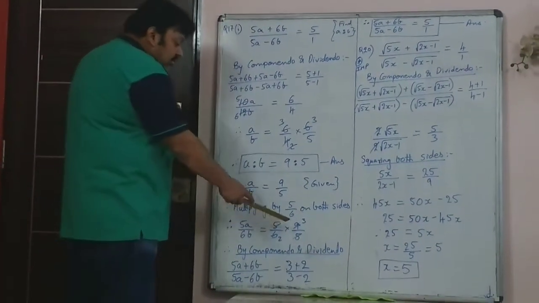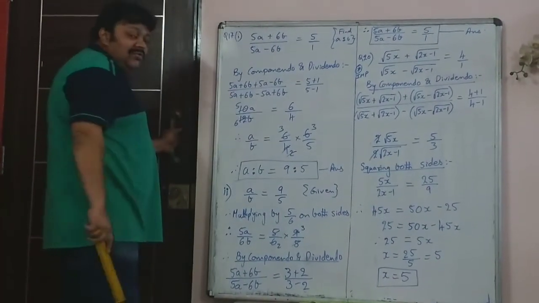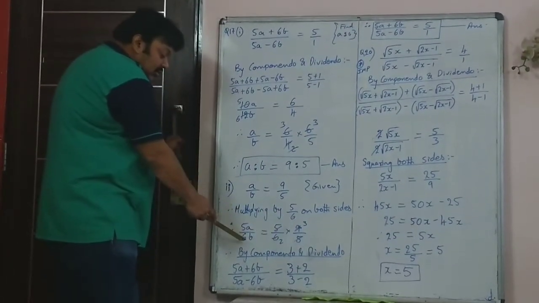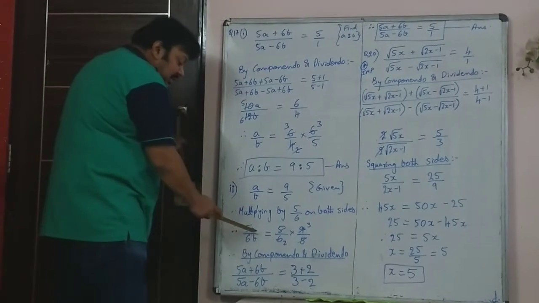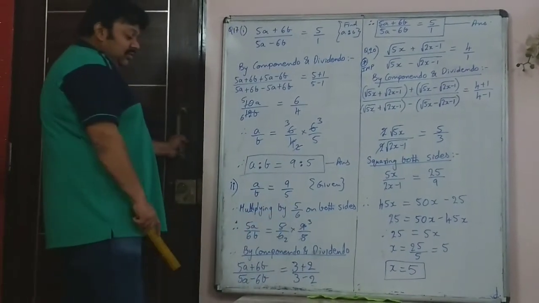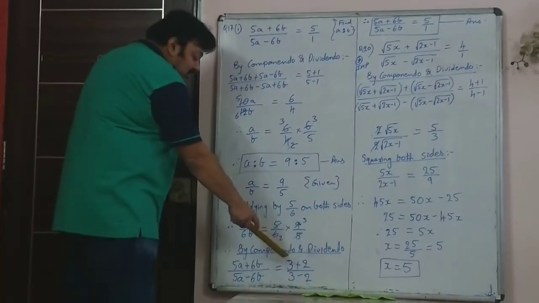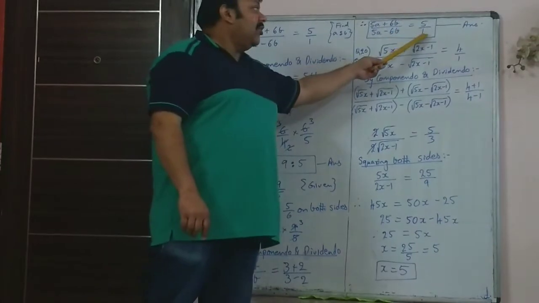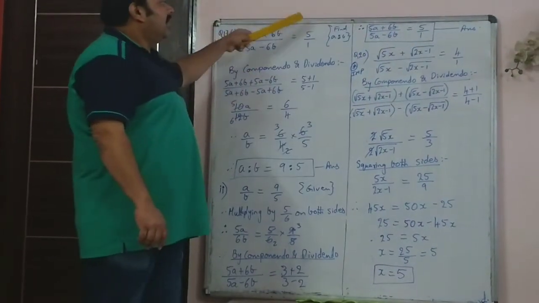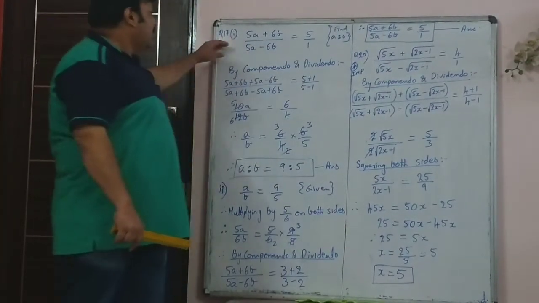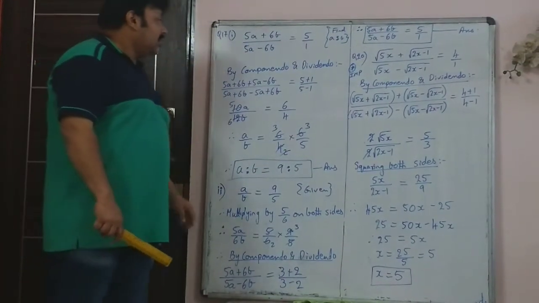So then you need 5a plus 6b upon 5a minus 6b. So just do a componendo dividendo. So it will become 5a plus 6b upon 5a minus 6b. The other side also you have to do it. So it will become 3 plus 2 upon 3 minus 2. So the final answer will be 5 upon 1, which was from where you started the sum. So this is how you solve the 17th part 1 and part 2.